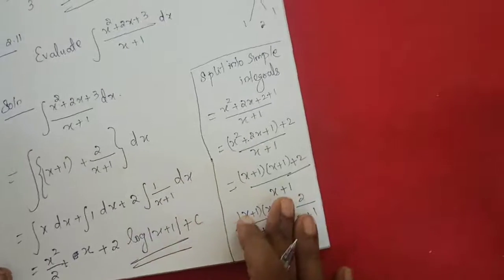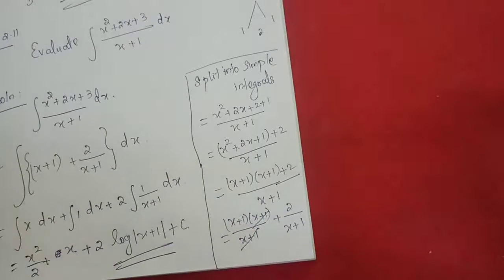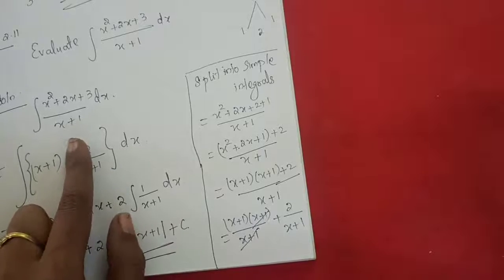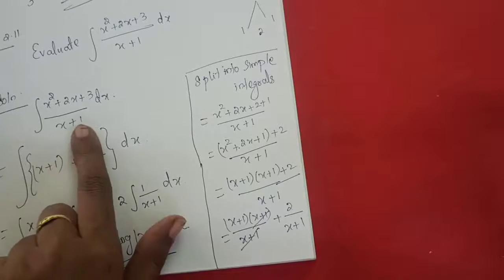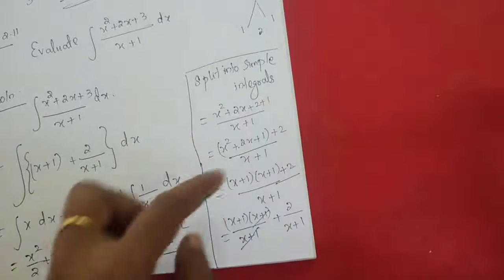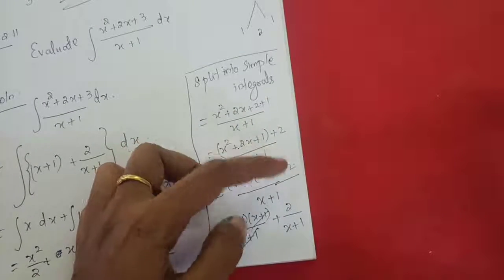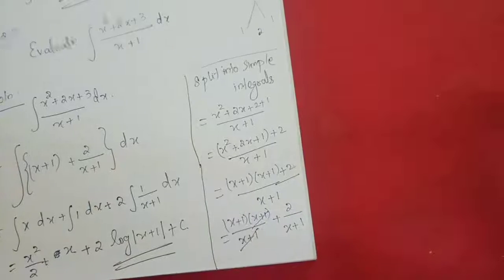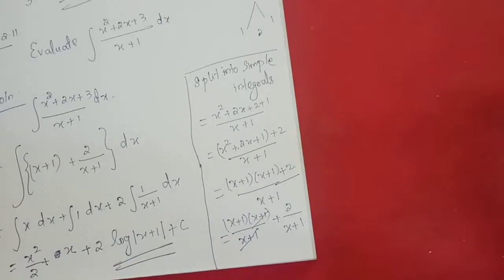Okay. Again I am repeating this small question. What you need to do, as I said in the first exercise itself, is change the numerator to the same as the denominator. For that I have split 3 as 2 plus 1. Then I have factorized, separated and cancelled. Then I have integrated. Okay students? I hope you got a good idea. Now we will move to the next question.